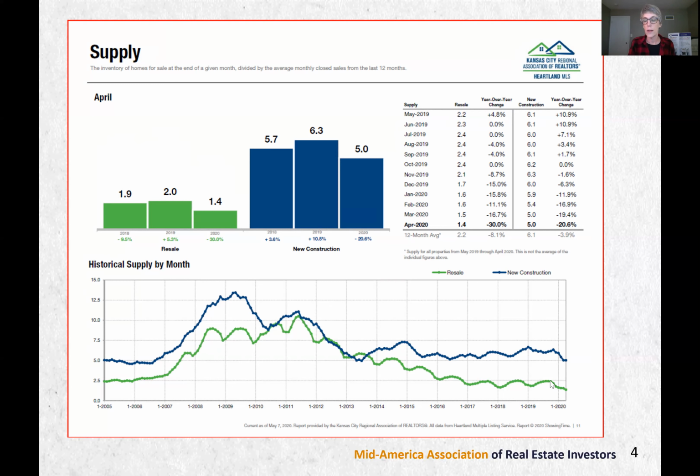Now, you might have all the money in the world, but the supply is really low and choices are limited. And it has been continuing to trend downward since, when was that? 2011. And it's continually gone downward. We do have a little bit of a blip, because right here in the middle is the winter holidays, and where it peaks is the summer holidays. So that kind of gives you a look at our supply here in Kansas City.